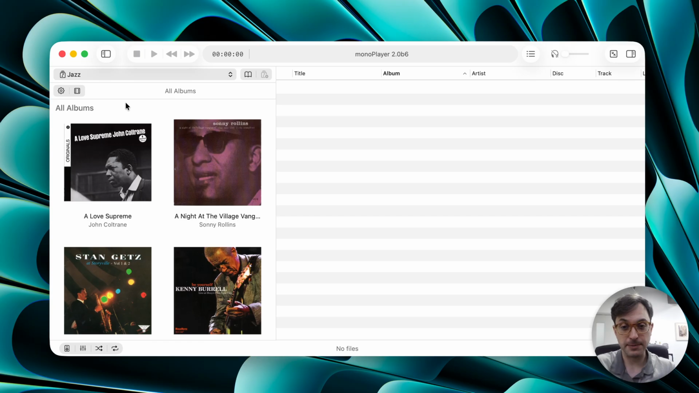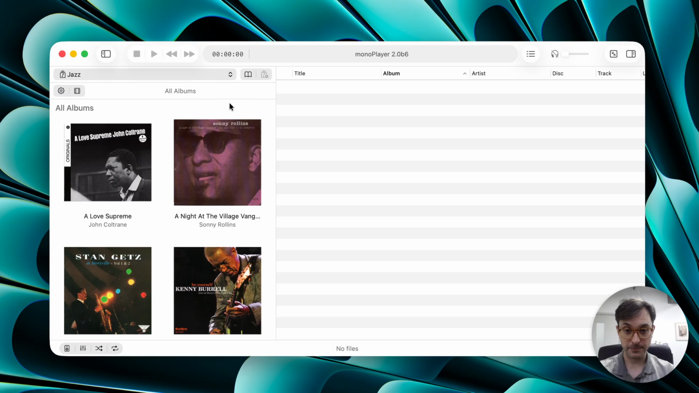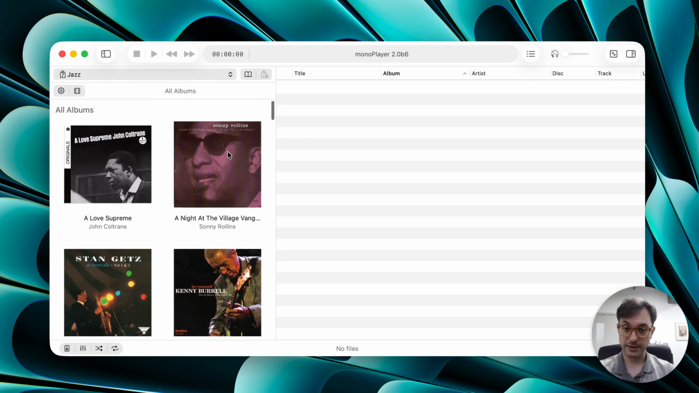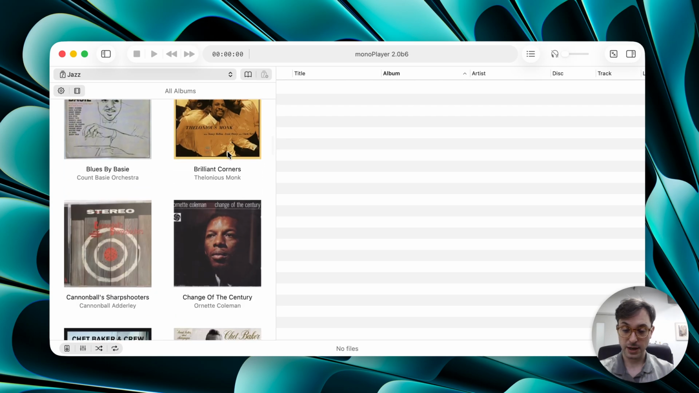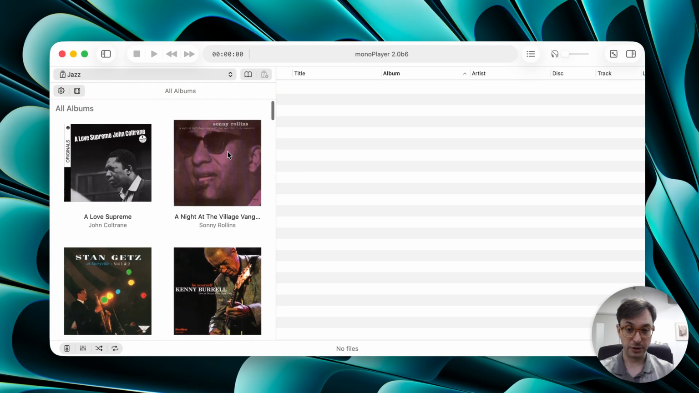There are two browsing modes for libraries in monoPlayer version 2. They are the tag browser and the cover browser. I've just opened the library settings menu you can see on the screen. And so you can see this is how you switch between them there. For now, we're going to stay in the cover browser mode, so I don't need to click anything there. But yeah, so by default, you get this nice list with cover art of all the albums in your library,